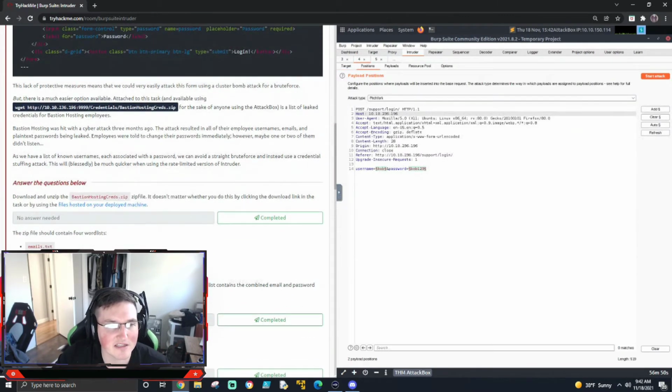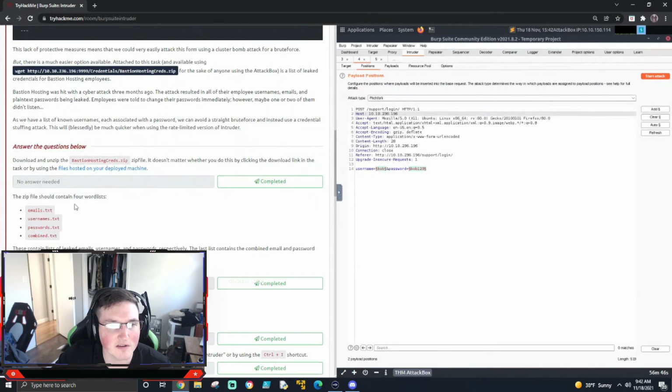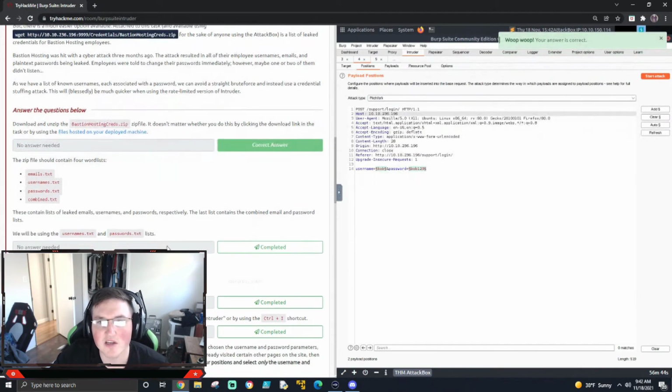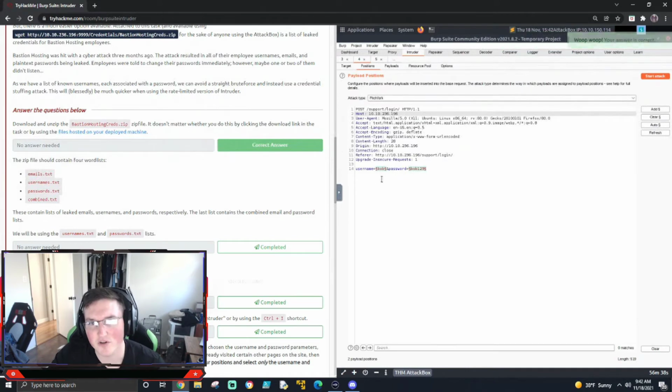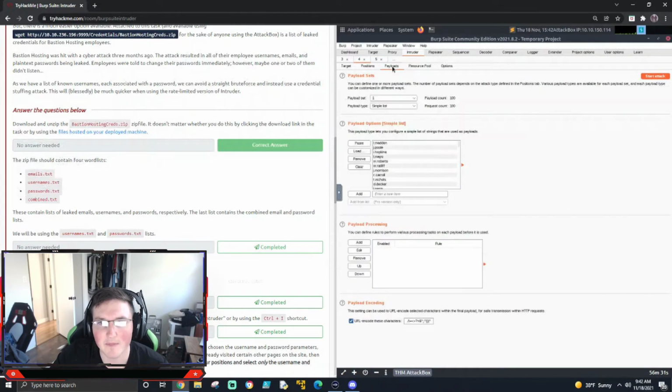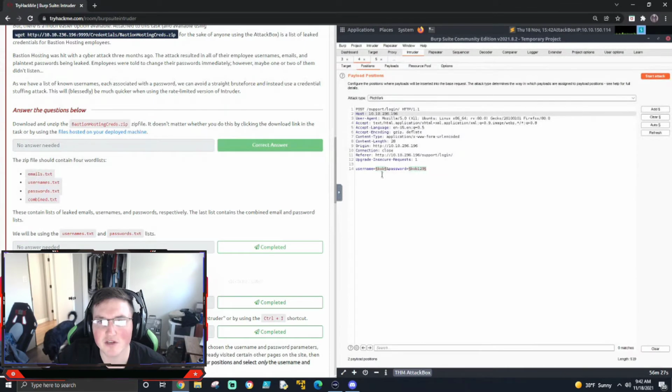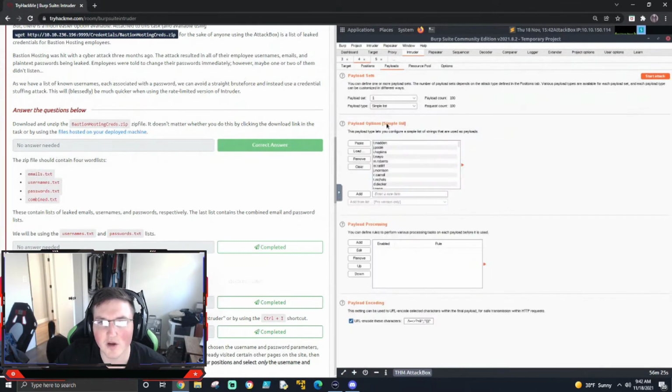So now you can see the zip file contained four different things. We're going to use the username and password. You can see here's Bob123. That's what it captured for us, right? So we had sent this over to Intruder. We now set these as our parameters that we want the payload to go into. The payloads here, payload 1, which is this first one, Bob, the username, we have it set. We loaded